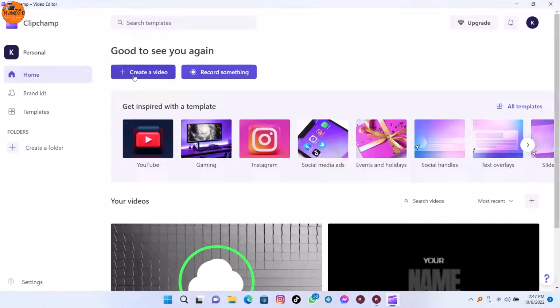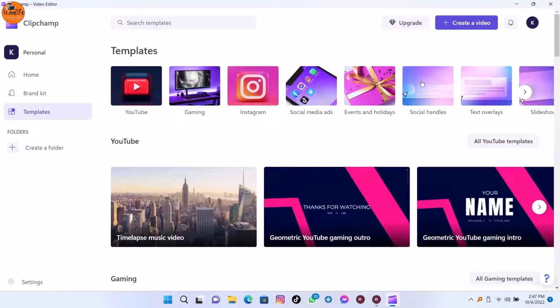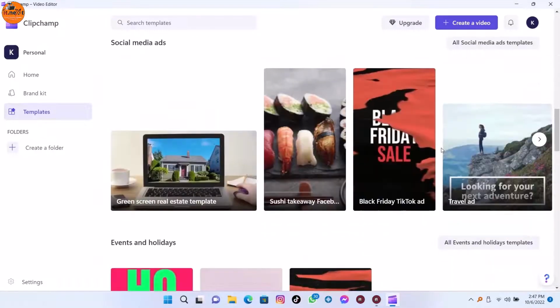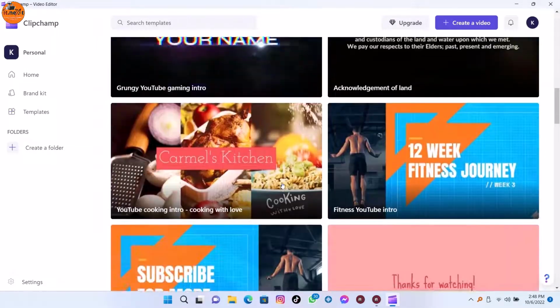Here you can see it has a feature to create a video, and you can even record something on your computer. When I scroll down you can see it has a lot of templates to use when editing videos. This will be so good for those making videos like YouTube. So in this I'm going to show you all the steps, so follow this video so that you don't miss out